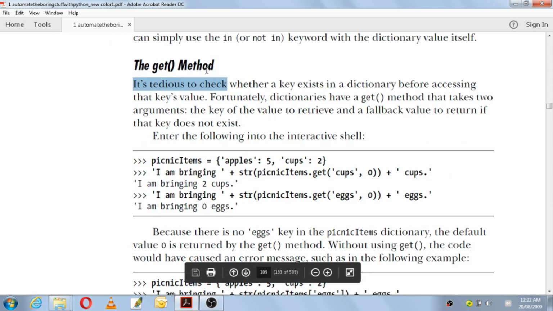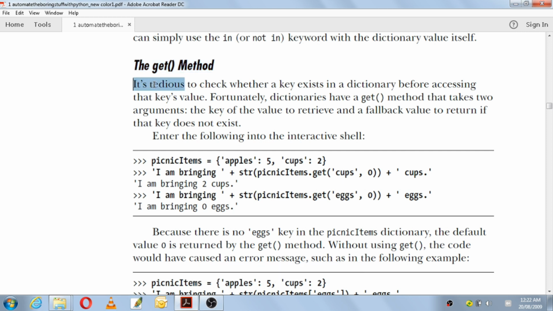The next topic we have is the get method. It's tedious to check whether a key exists in a dictionary before accessing that key's value. If you want a particular value from a dictionary, you can access it only with the help of its key.